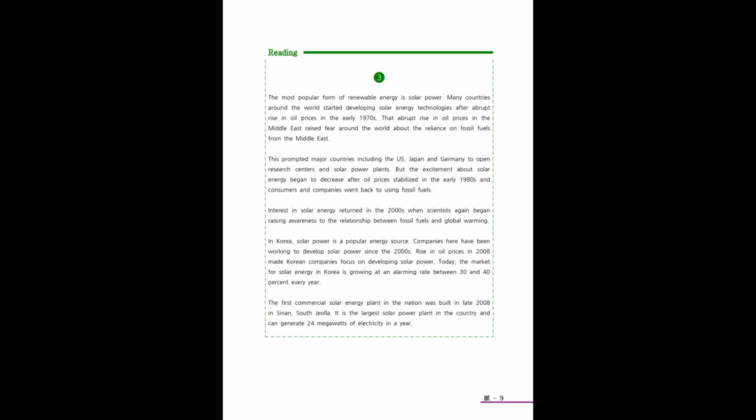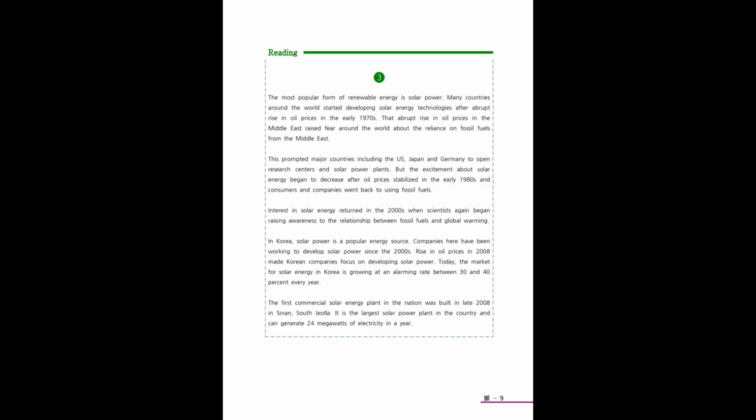This prompted major countries, including the US, Japan, and Germany, to open research centers and solar power plants. But the excitement about solar energy began to decrease after oil prices stabilized in the early 1980s and consumers and companies went back to using fossil fuels. Interest in solar energy returned in the 2000s when scientists again began raising awareness to the relationship between fossil fuels